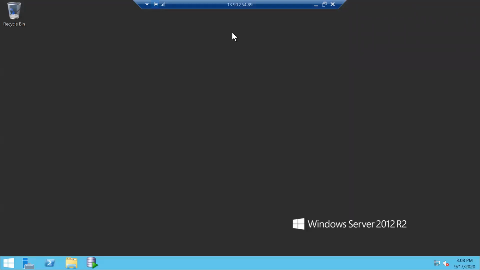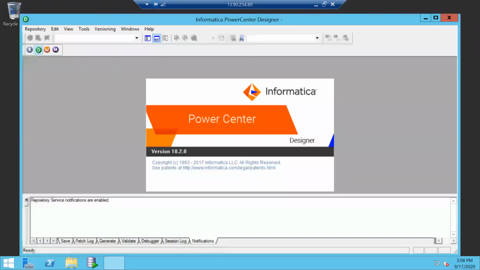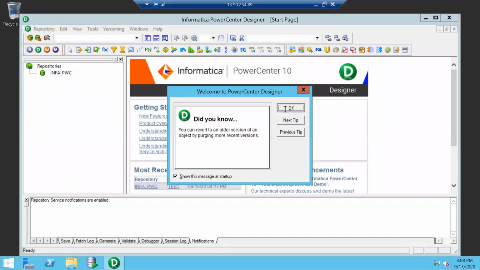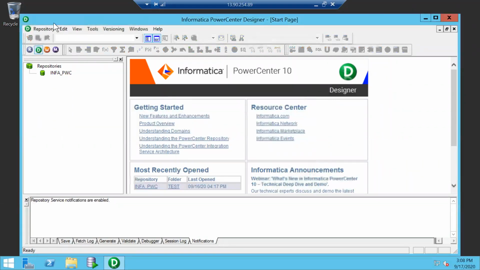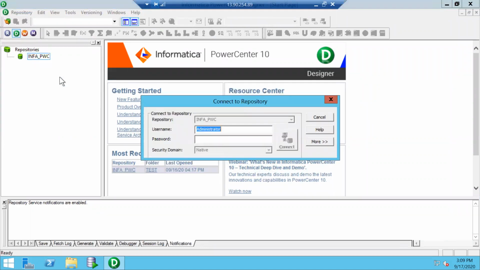Informatica PowerCenter has four different types of clients, and each client has its own functionalities. One is the Designer, where we design the transformation flow, as in when the data is read from the source before loading into the target, what different phases it goes through.